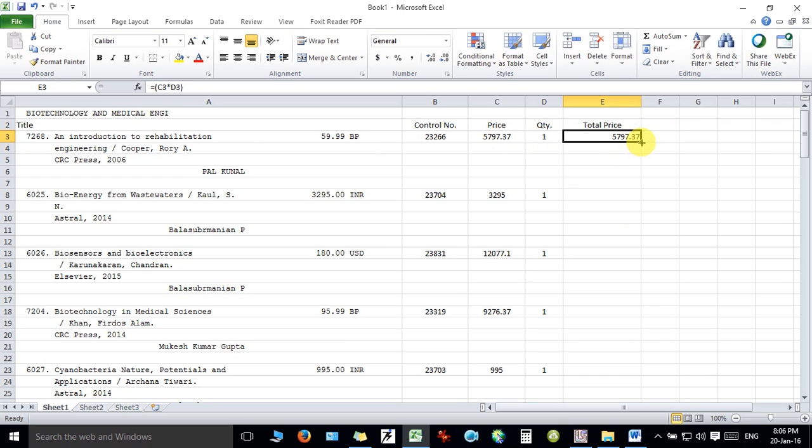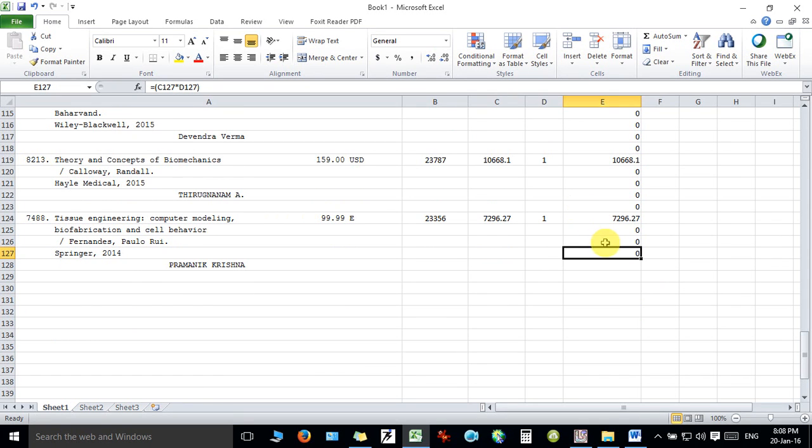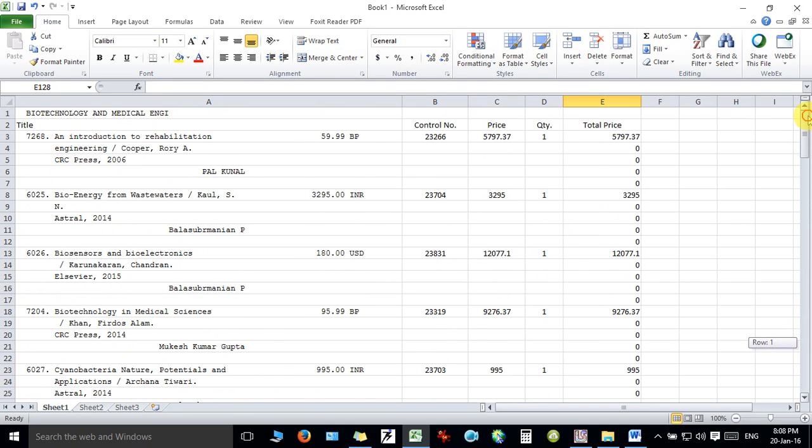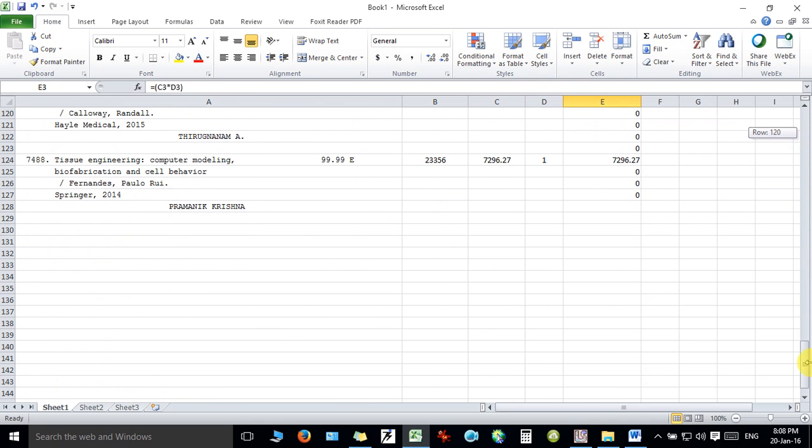So I'll just select this one and drag. So I have successfully dragged up to the last title to get the price, and to know the total amount of all the titles, you just add all this. So you just select this one and come to the last and press on auto sum.